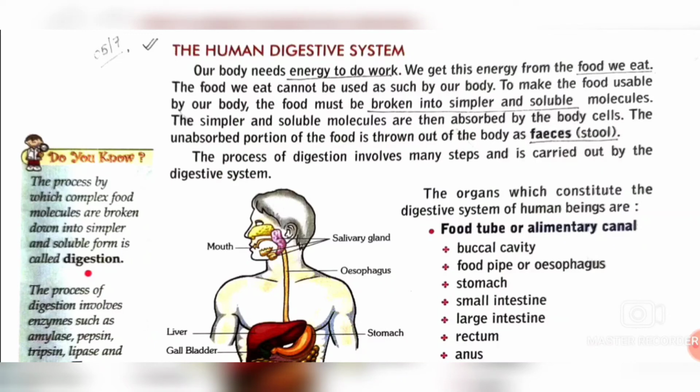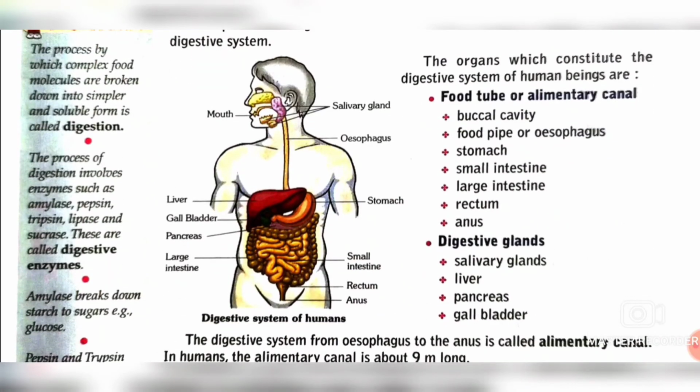So this was our today's lesson where we have learnt about the human digestive system. What is it? It is an organ system which helps in the digestion of foods. The organs which are involved in this system are buccal cavity, food pipe, stomach, small intestine, large intestine, rectum, anus, and also some